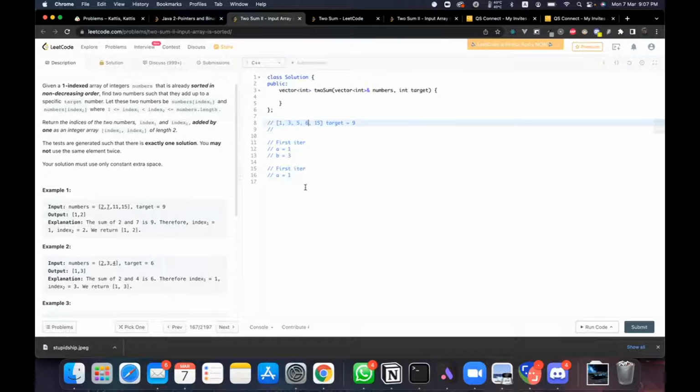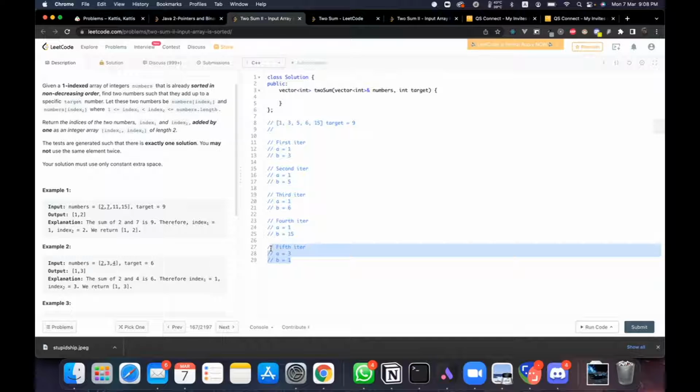At the second iteration, I'm still doing a equals 1 because I haven't finished it yet. So b equals 5. Is a plus b equal to 9? No, this is the second iteration. I'll just keep on going until I find the correct one. The third is still not correct because it doesn't add up to 9. Then 1 and 15 definitely doesn't add up to 9. So I continue to the fifth iteration. Now my a is 3, and then my b